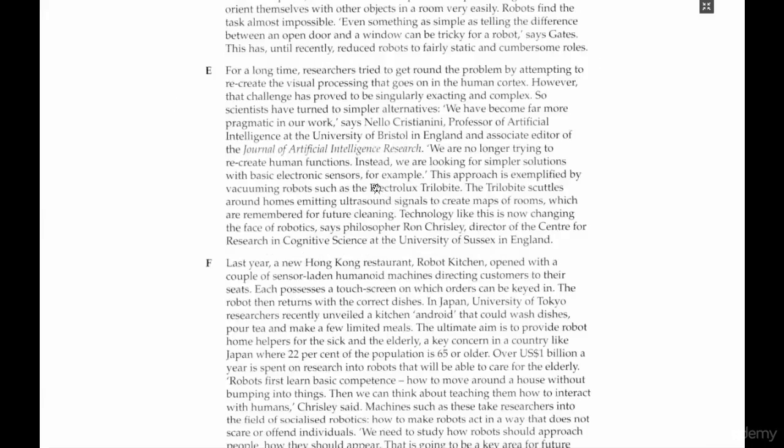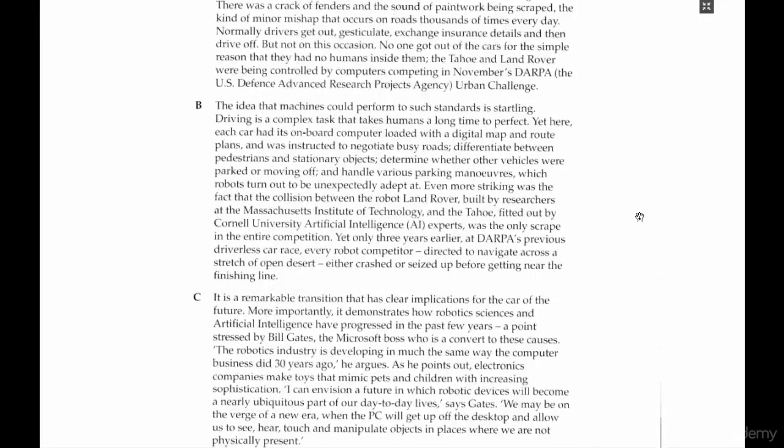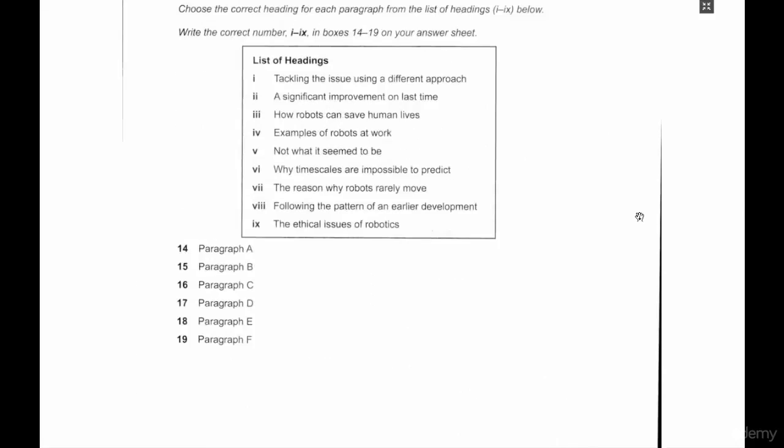E says, for a long time, researchers tried to get around the problem by attempting to recreate the visual processing that goes on in the human cortex. However, that challenge has proved to be singularly exacting and complex. So scientists have turned to simpler alternatives, right? That's what our top sentences tell us. It tells us they're talking about trying to recreate the human cortex or the human eye, and it tells us that they have turned to something simpler. Let's see if we can find a match. I think we all know this one, right? Yeah, let's